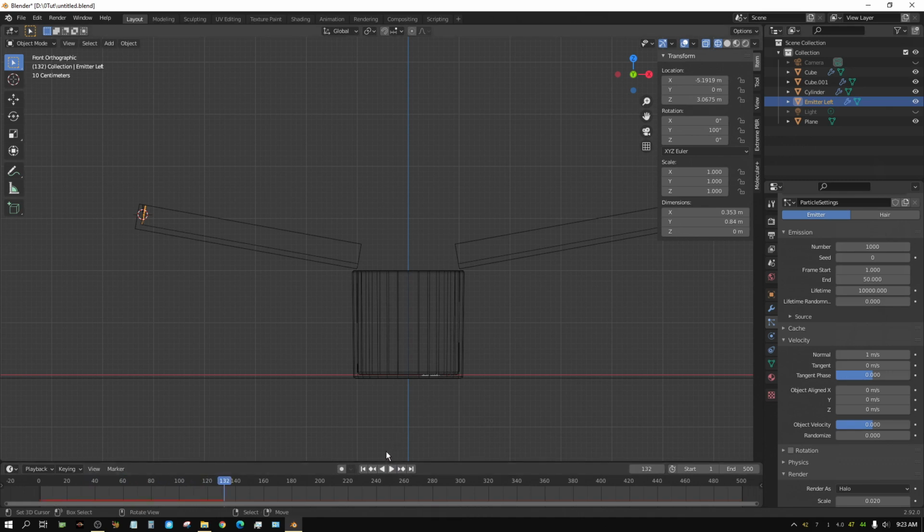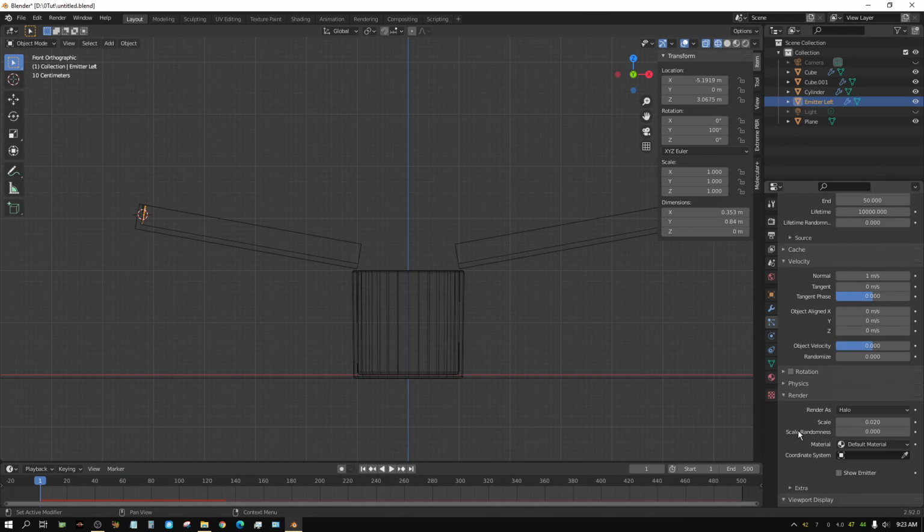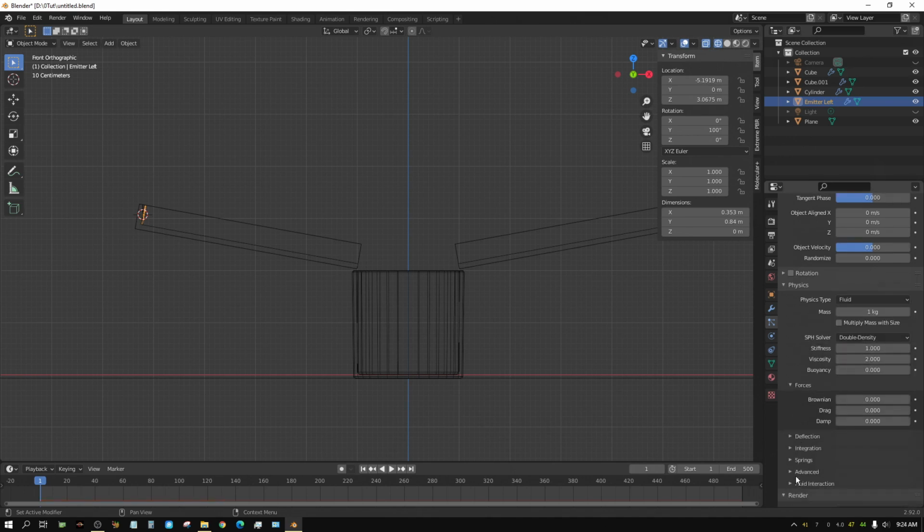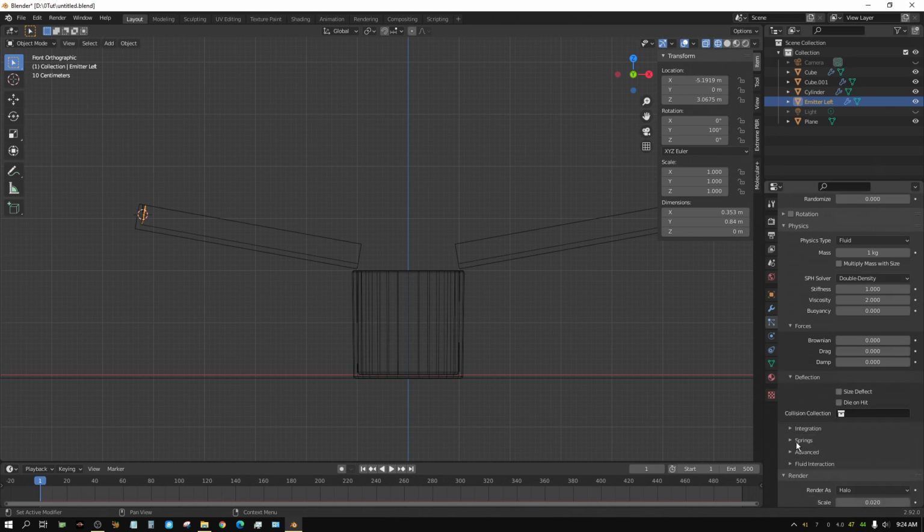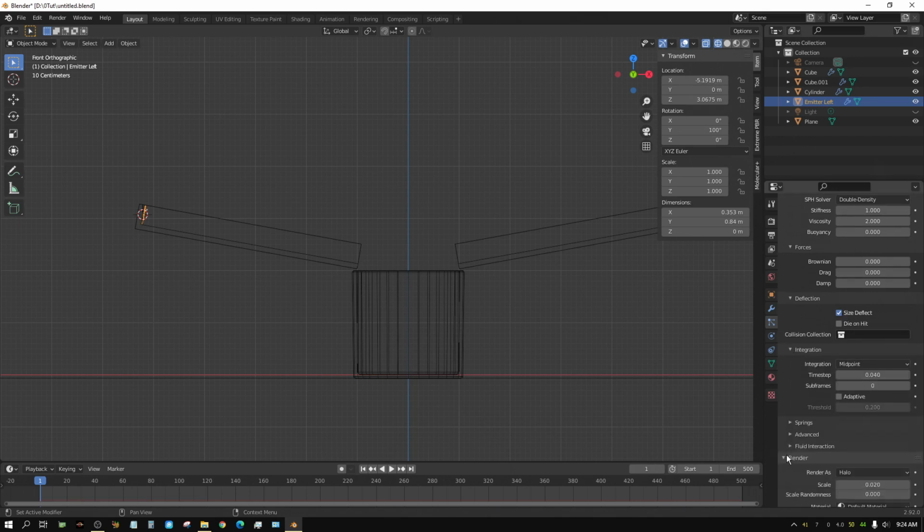Alright, now I've made my first mistake. Right now, I should have changed the physics from Newtonian to fluid. That was my first mistake. Alright, now let me go ahead and go to deflection, choose size deflect. Now go ahead and make these changes right now while I'm doing this. Change it to fluid, change it to size deflect, go to integration, and we want to keep this panel open